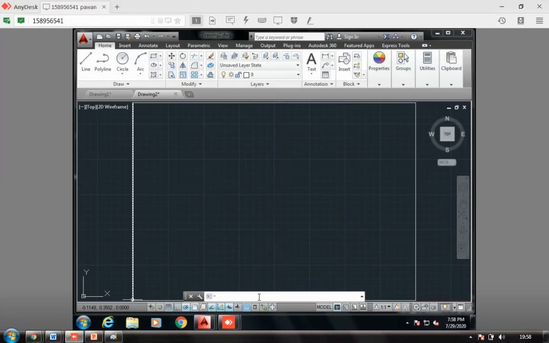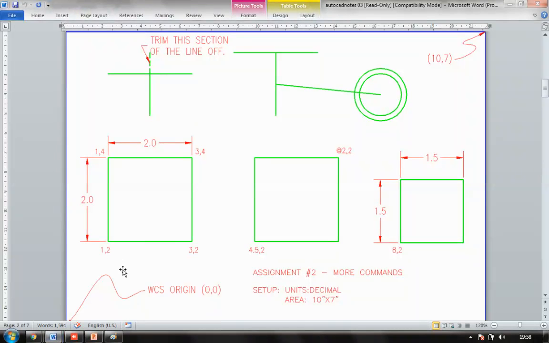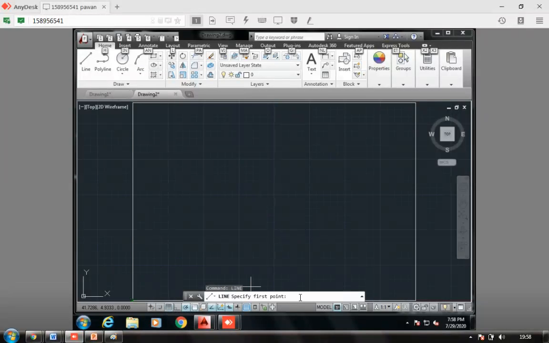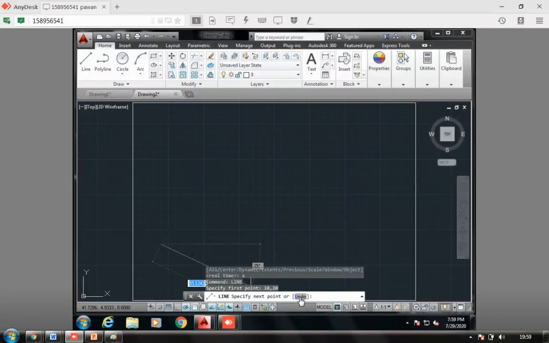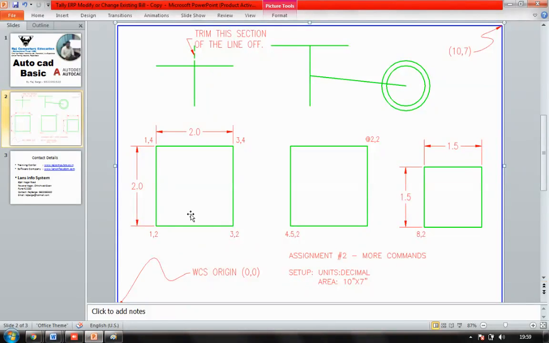I'll say line again, enter. My first coordinate is 10, comma 20. Enter. My next coordinate is 30, comma 20.